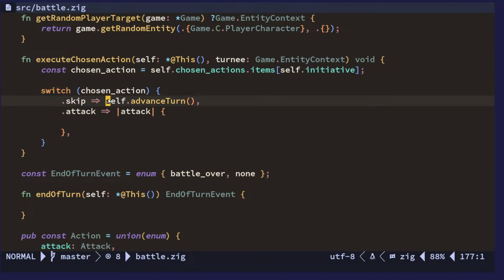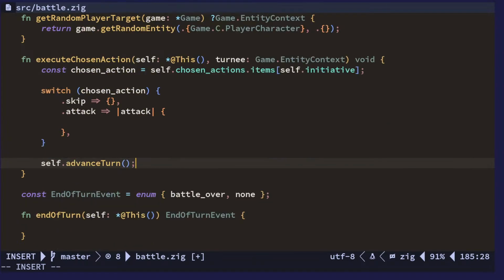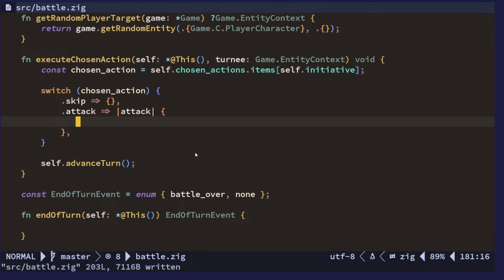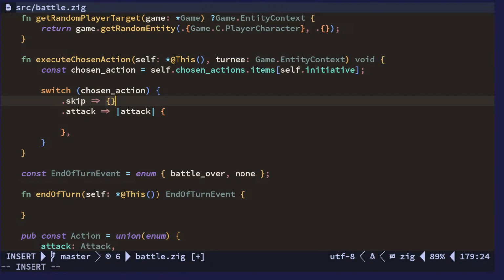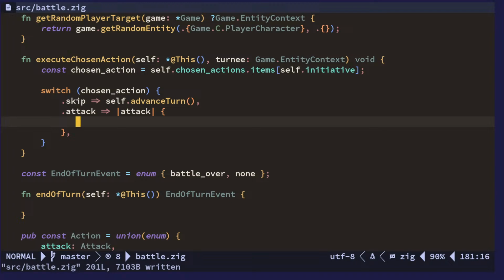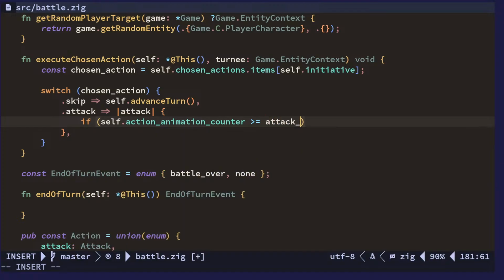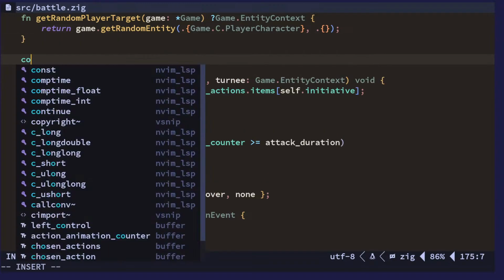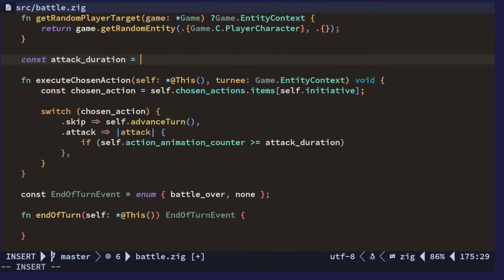And actually, whatever happens here, we always advance a turn. So there we go. No, that's not true. That is not true at all, actually, because we might not actually be done here. So let's say if self action animation counter is more than or equal to, I mean, we're just going to have attack duration here. So attack duration, let's say it's, I don't know,